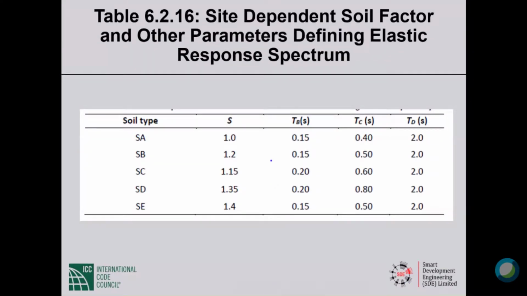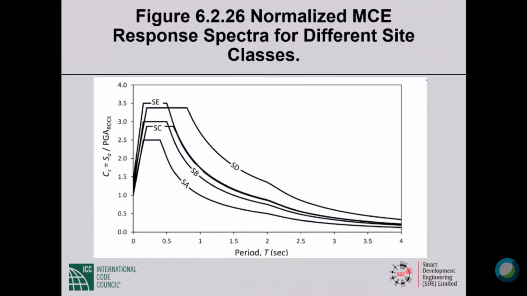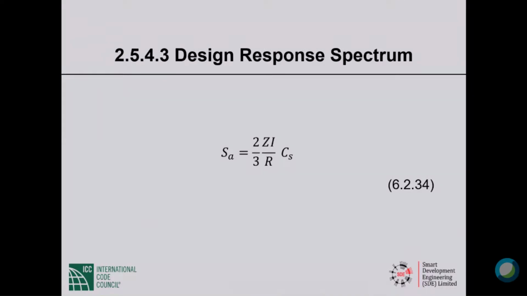And these are the values that define the soil modified MCE spectra of BNBC 2020, and you have seen the pictures. Now, the spectral acceleration, which is given in ASCE 7 on the y-axis, in BNBC is 2/3 ZI over R